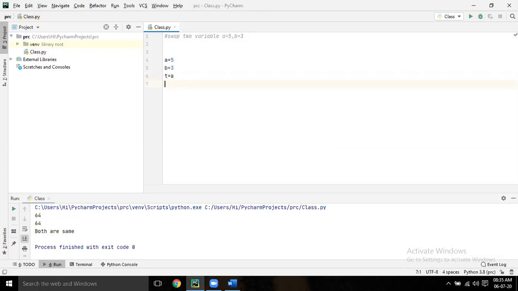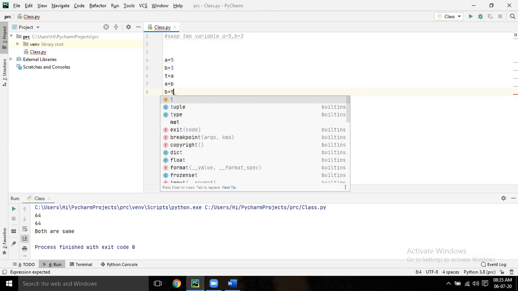Now in A you have to put B, so A equal to B. Now B equal to what is there in temporary. Put it in B. B equal to T. Okay. Now print A, print B.